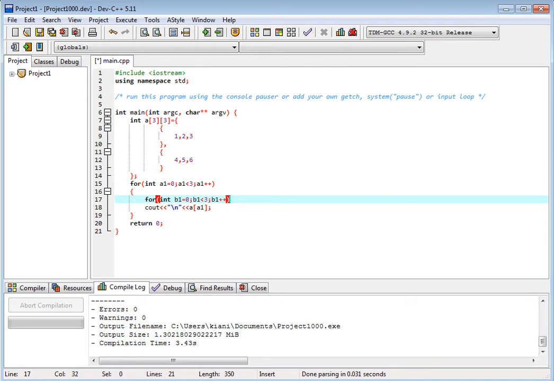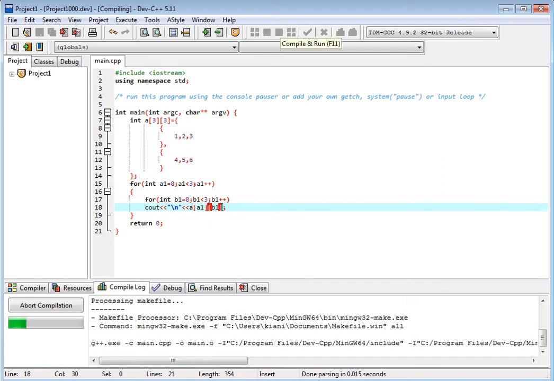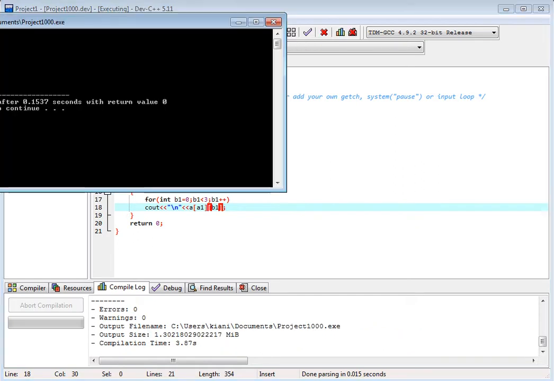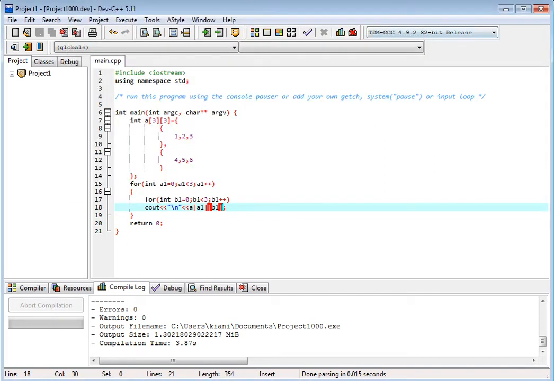And cout a1 b1, right? Let's see. So you see 1 2 3 4 5 6 0 0 0. Okay, one extra. 1 2 3 4 5 6.